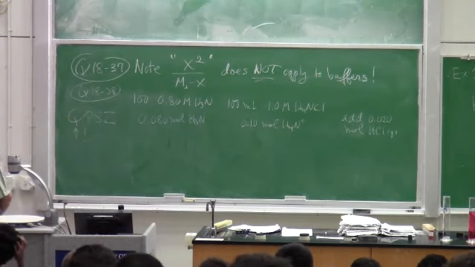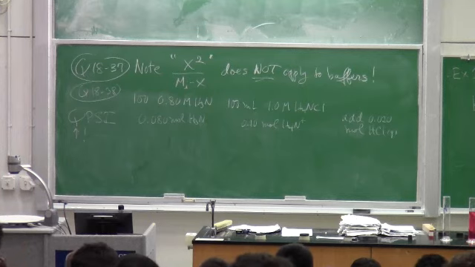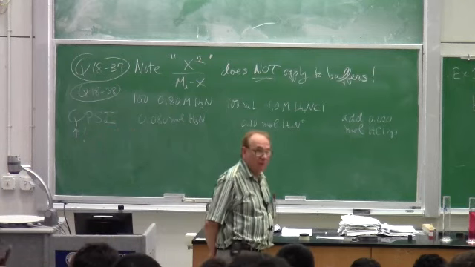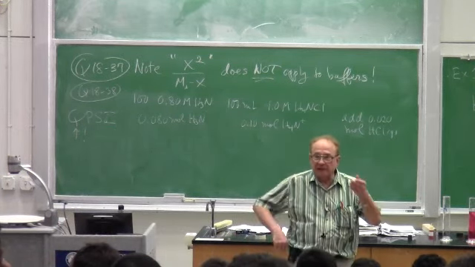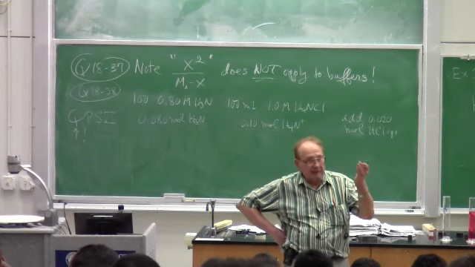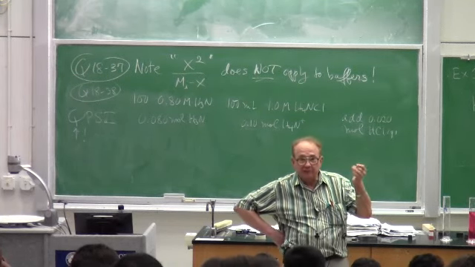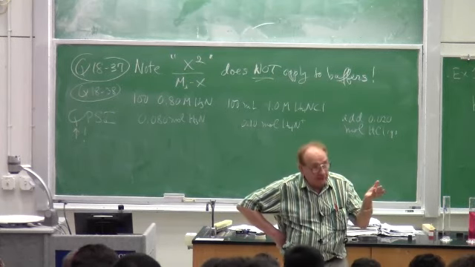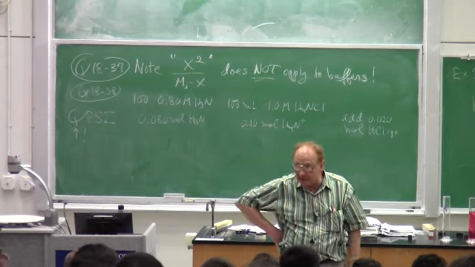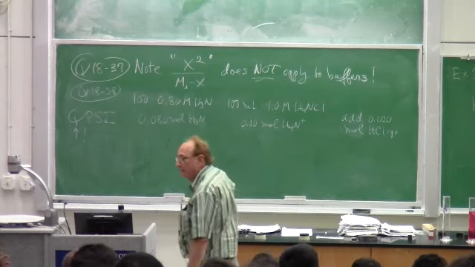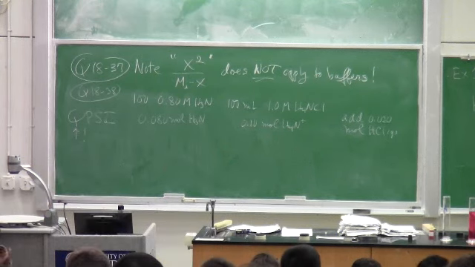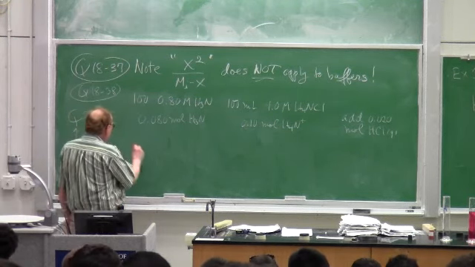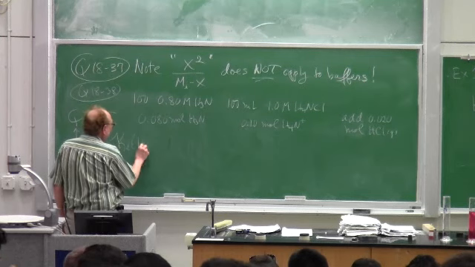Can I look at Ka of ammonium ion? Can I look at Kb of ammonia? Yes and yes. They're the components of this system. Either one works fine. And notice that if I look at Ka of ammonium ion, does that give me an equilibrium which also involves the other component of this system, ammonia, the other principal component? Or if I look at Kb of ammonia, does that involve the ammonium ion component of the system? Yes. Either one is fine. Now if I want to talk about pH, I use the acid component, but it doesn't make any difference which you use. So I'm going to write Ka of ammonium ion,